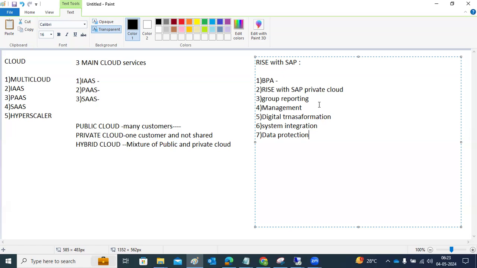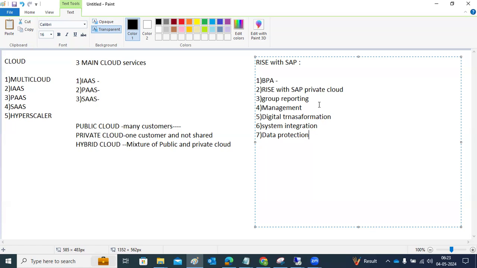There are a lot of concepts nowadays. If you see in any market or anywhere, any calls, Rise with SAP, Rise with SAP. What is meant by Rise with SAP here? SAP will take care of everything to move your core business services to the cloud. So this is about some basic things about Rise with SAP, and also cloud main services, the models of the cloud: public cloud, private cloud, and hybrid cloud, and also what the cloud providers are, and cloud terminologies. These are the main things here, right?